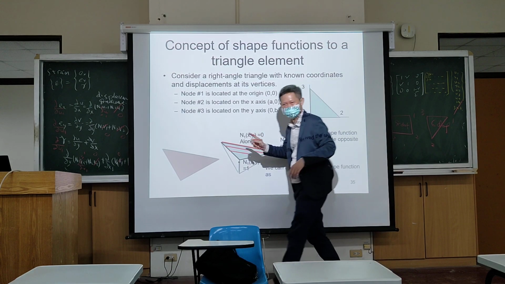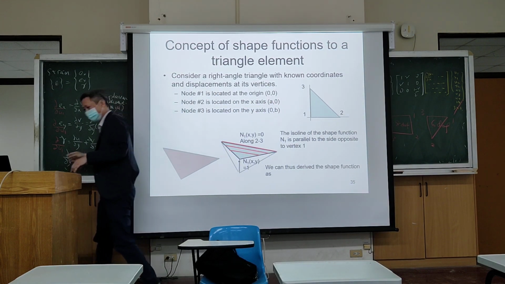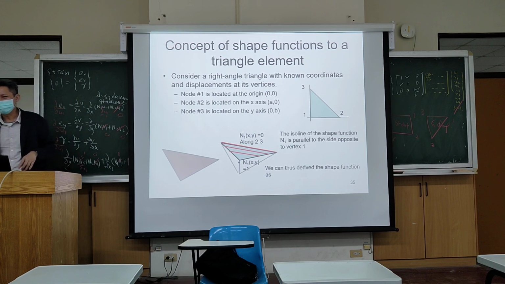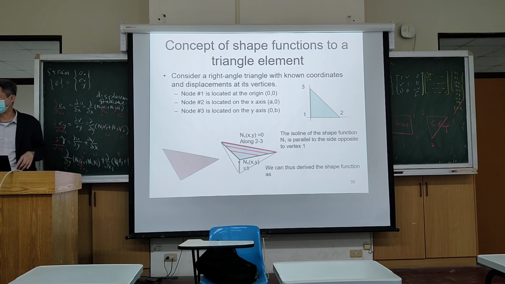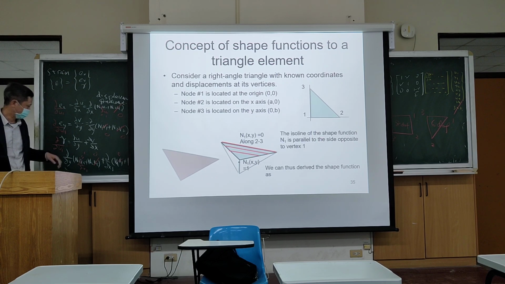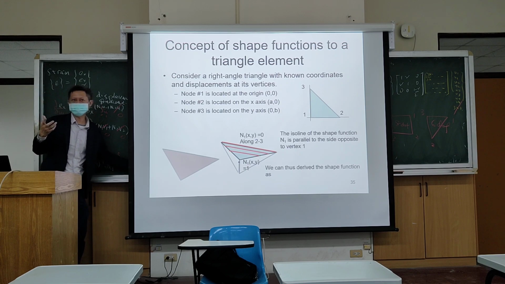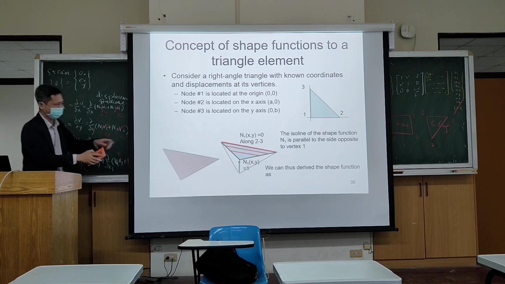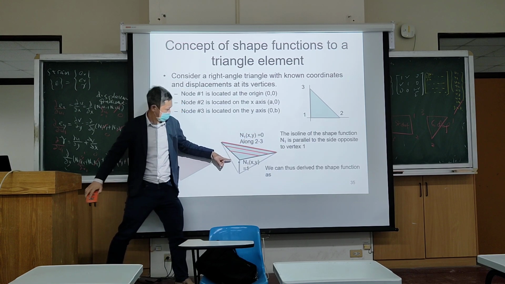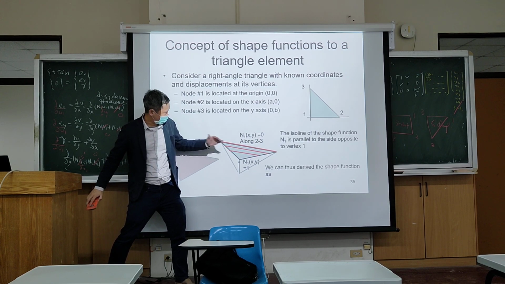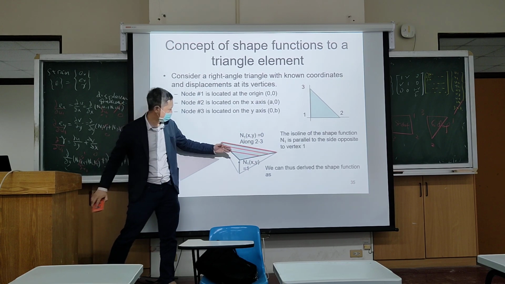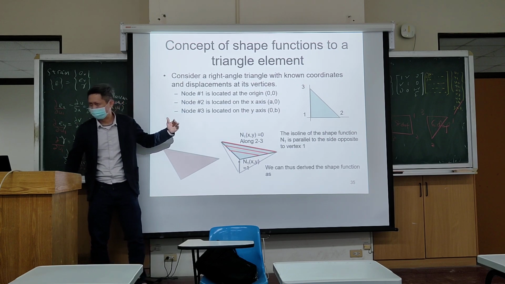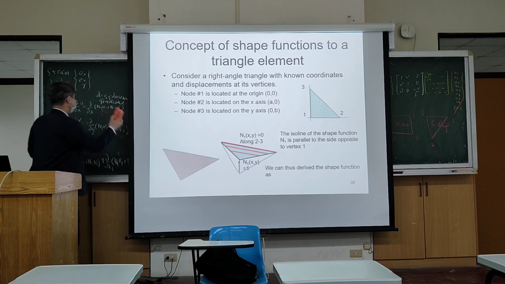Okay. So this requires your high school mathematics. How do you define a line? So this is just basic concept. How do you find out the shape function for node 1? That shape function defines the iso line. Iso line means the line of the same height. So here,